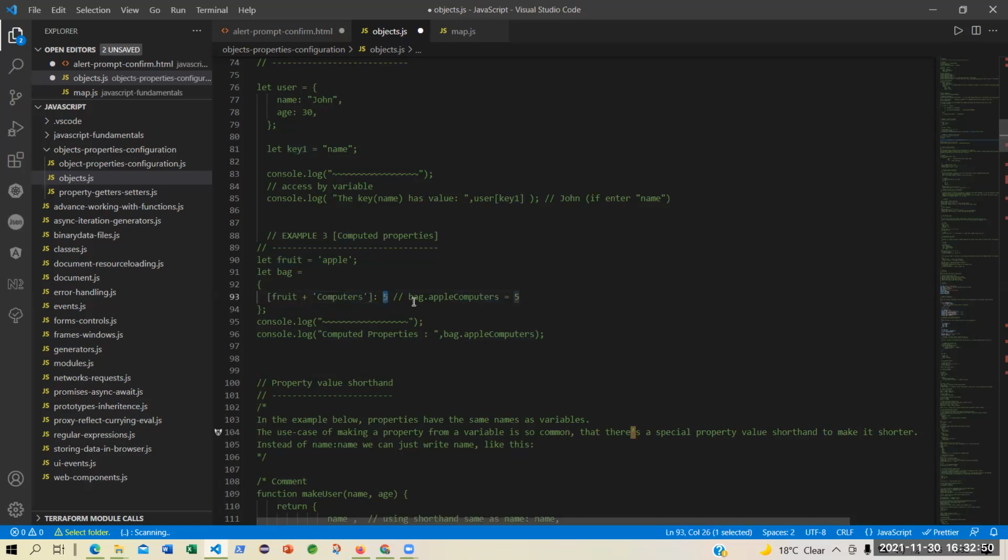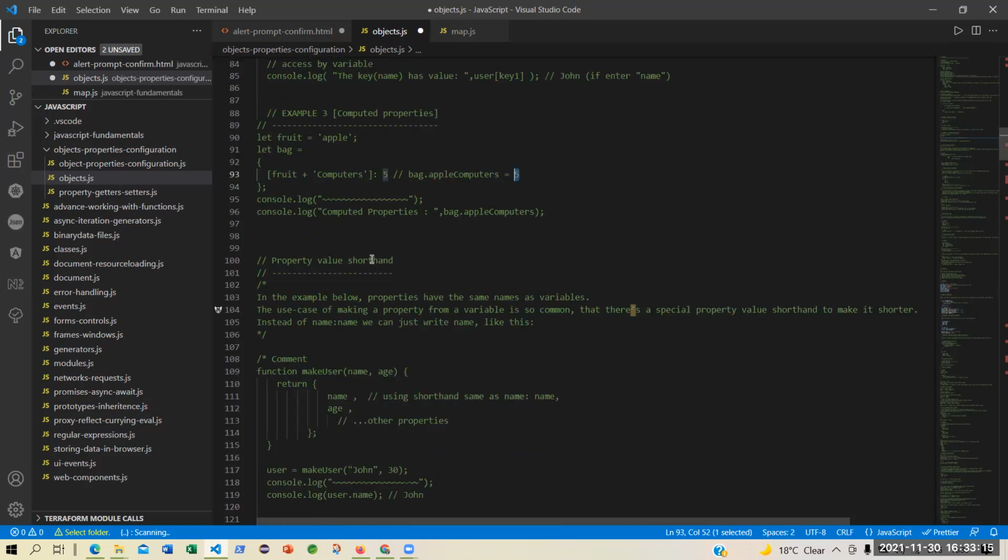Fruit is Apple plus computers, so together they become Apple computers, and this becomes a property. Whenever you check that bag, which is an object, dot this property, you will get a result 5. Simple things. We will start with the very simple things.